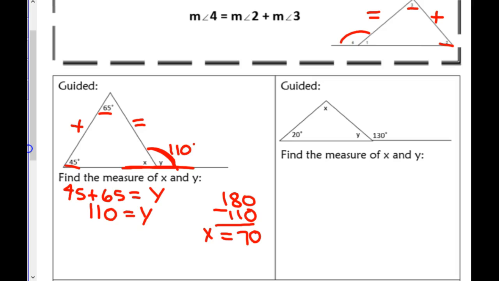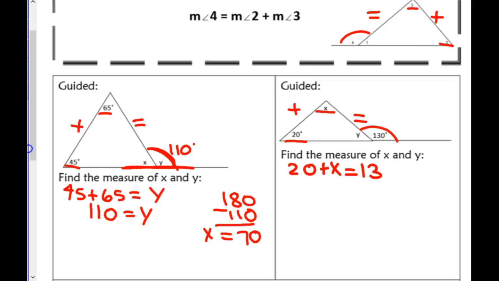Next one. What are the remote interior angles? What do you think? 20 and X, because they're inside and they're the farthest away from the outside angle. So 20 plus X equals the outside angle, which is 130. So let's write that as an equation. 20 plus X